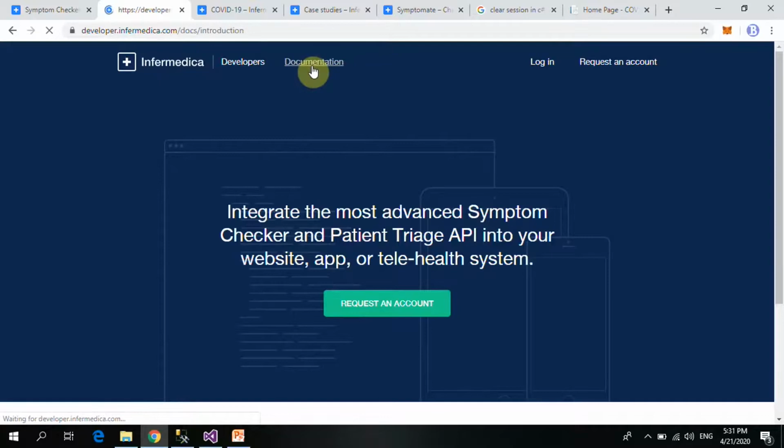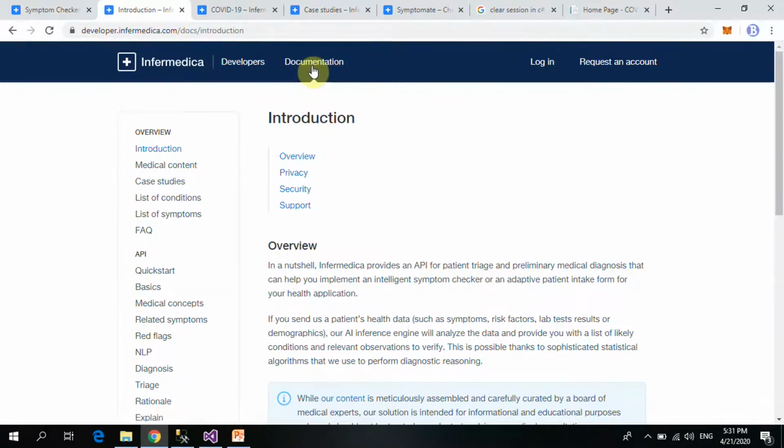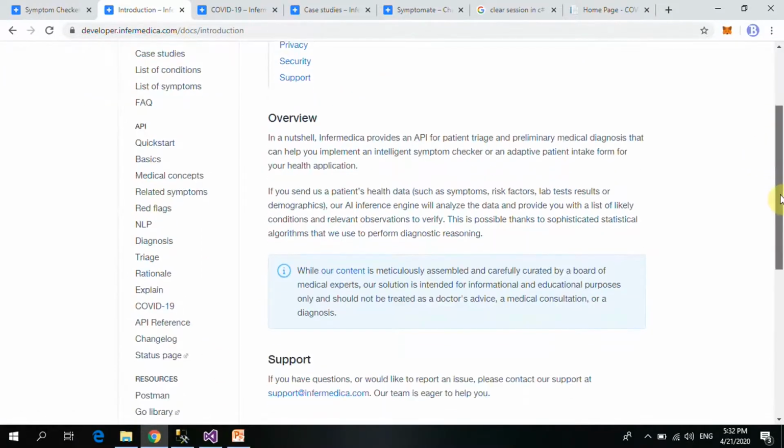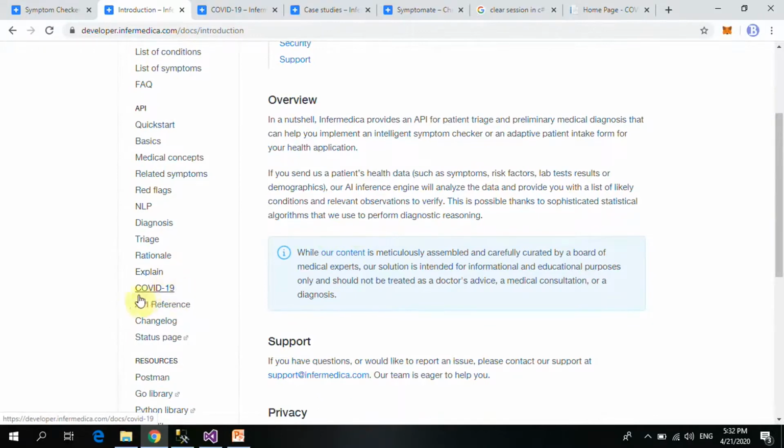So if you click on this, we're going to see the documentation, and you can see they have a whole lot of documentation, a whole lot of case studies, medical concept, related symptoms, diagnosis, and all that. If you scroll down, you can see COVID-19. Now here is where our interest lies. So if you click on COVID-19,